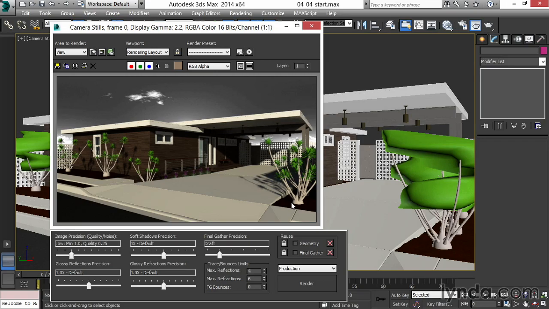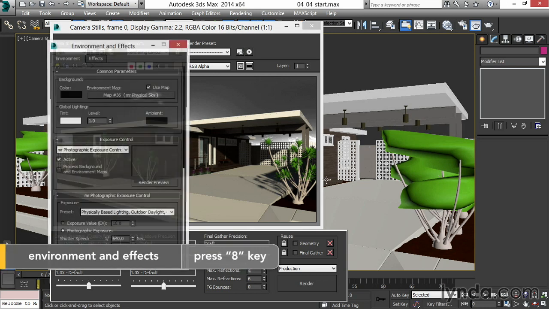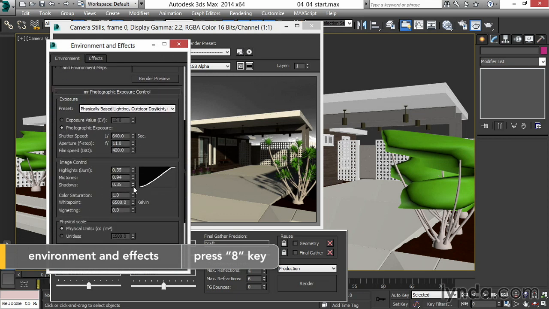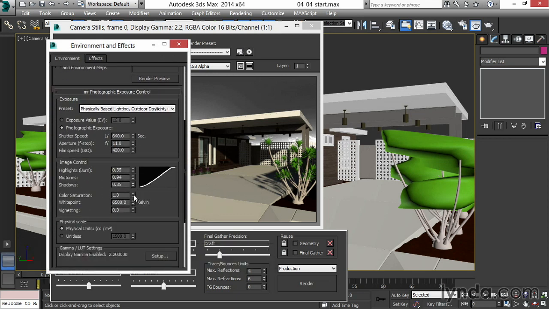Here in 3ds Max then, I'll take my scene and make it go black and white by pressing 8 to go into the environment dialog, and in the exposure, I'll take out the saturation, right-clicking on the spinner to zero it out. Now I'm going to burn the highs a little bit more, running it at 0.5, and deepen the shadows down to 0.4 as well. I'll leave my exposure, aperture, and shutter where they are, and this will get me an evocative black and white